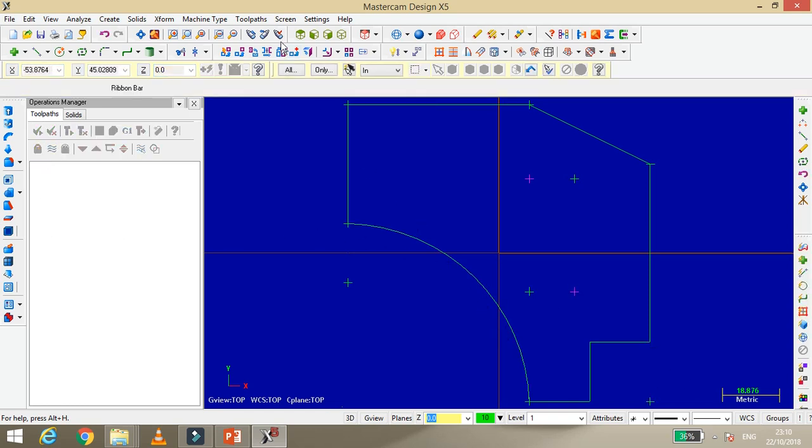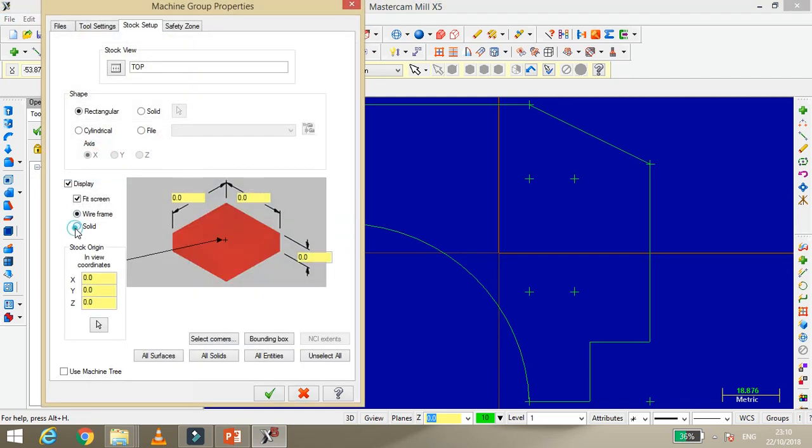Now there is a necessity to mention which type of machine you have to use. You use a mill, default. Go into properties and go into stock setup, and say solid. It's not a wireframe operation, it's a solid operation. It is a material removing operation, so you must say solid. Give the Y dimension as 100 as per geometry.